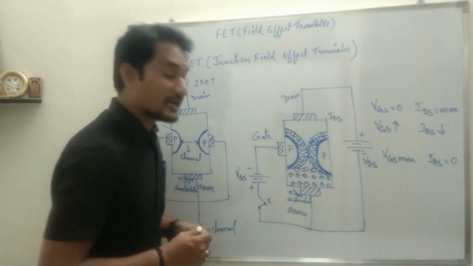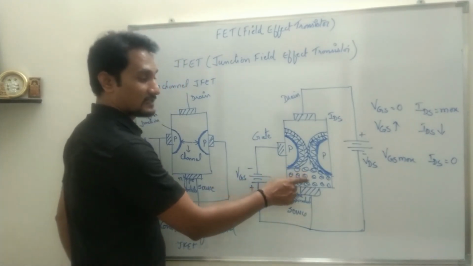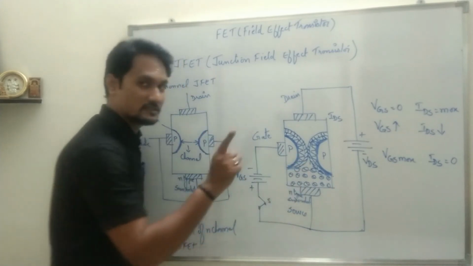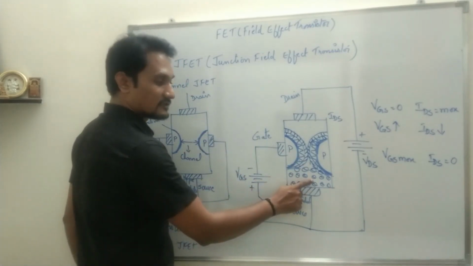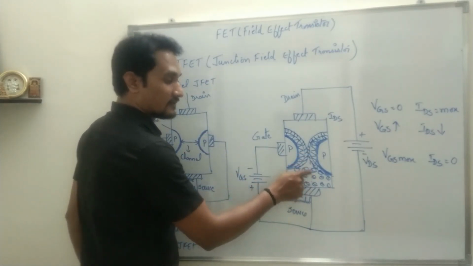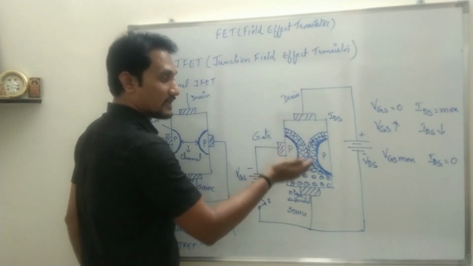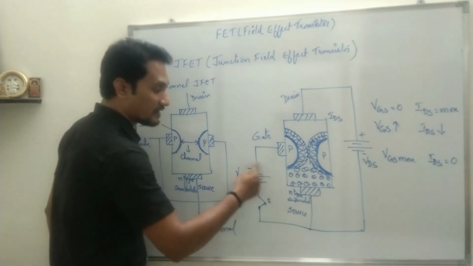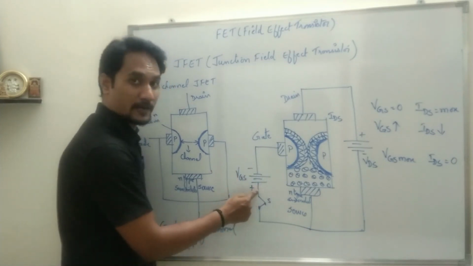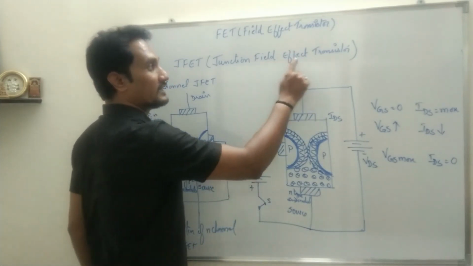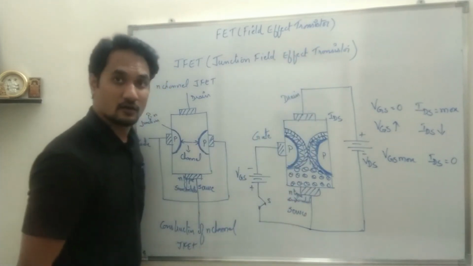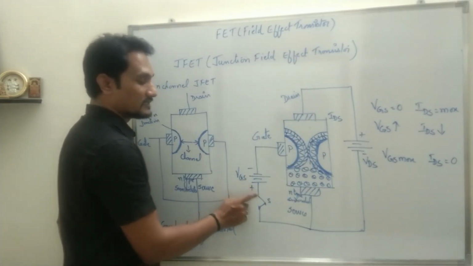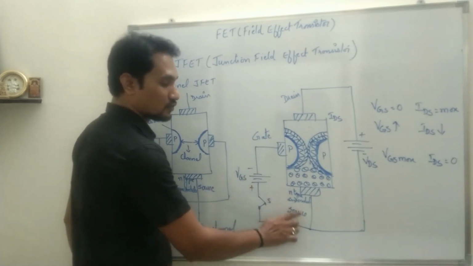Okay. So current conduction in the circuit is because of only one charge carrier, that is electrons. And the movement of the charge carrier, or current conduction, depends upon the external field which has been applied. That is why it is called a field effect transistor. Initially when VGS is 0, that means no gate to source voltage is applied.